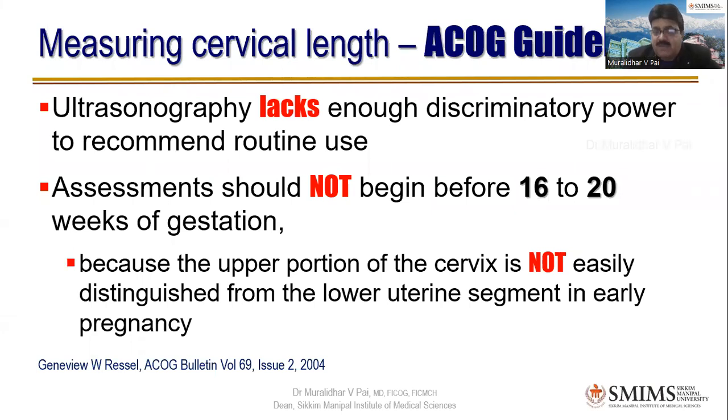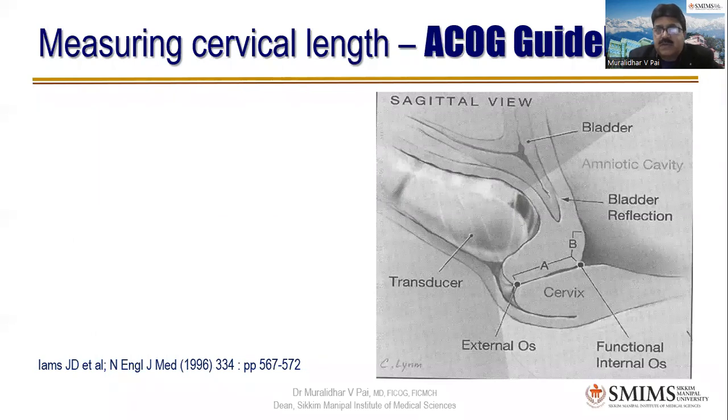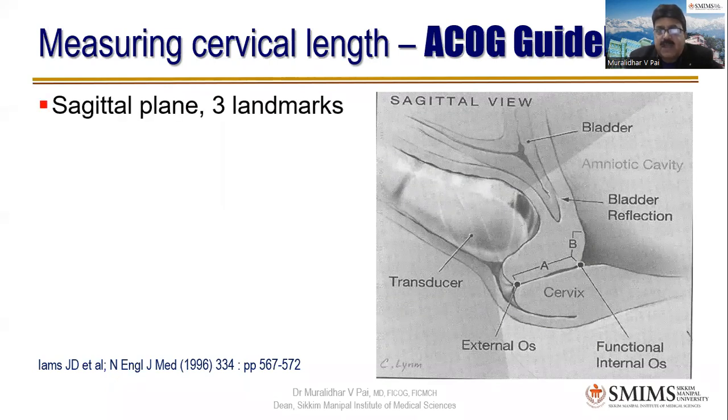I will talk about history-based, ultrasound-based, and emergency-based cerclages, or diagnosis, a little later. But let us understand that before 16 weeks, even in a high-risk patient, there's no point in measuring the cervical length. As long as it is okay in the early part of pregnancy, we need not worry. So how to measure the cervical length is very important, and this is also by ACOG guideline. They have clearly shown, as you can see here, I'm going to highlight them again. You have to take a sagittal plane, and there are 3 landmarks.